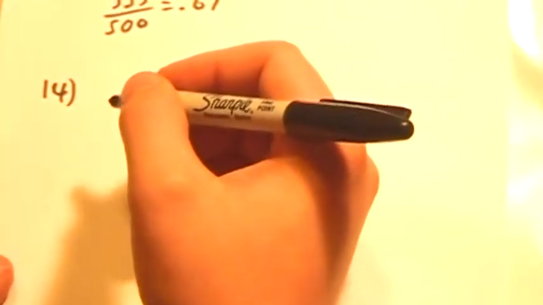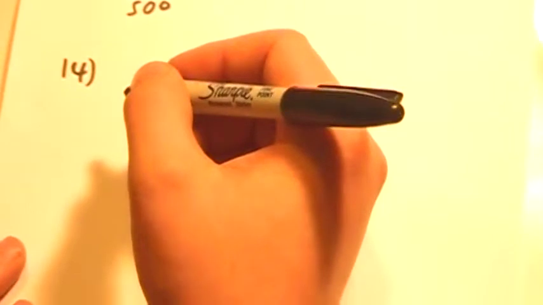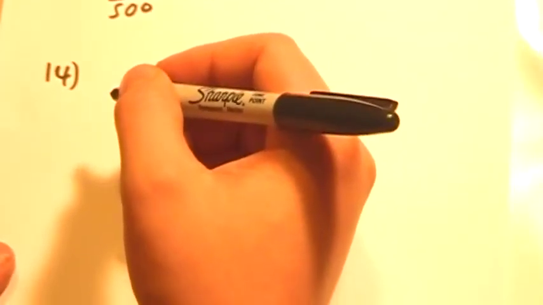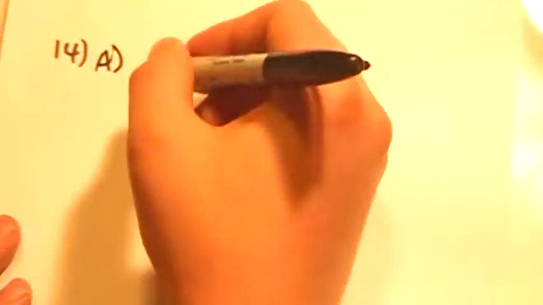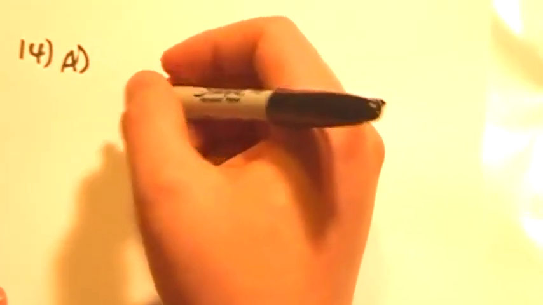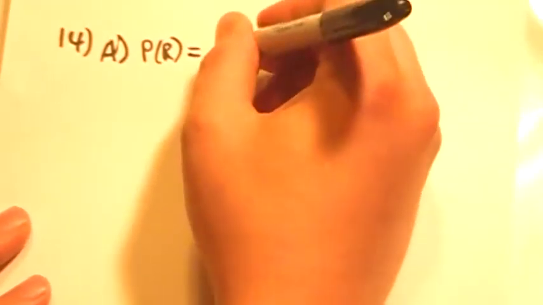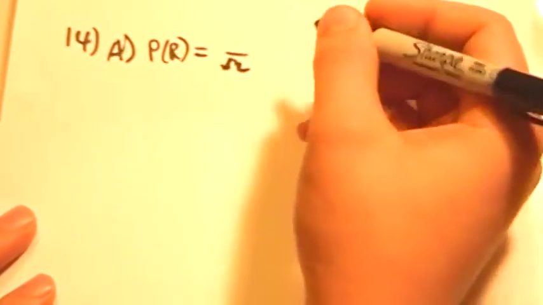Okay, so problem 14. If a single card is chosen from a standard 52 card deck, first it asks us, A, what is the probability that it is red? So we're looking for the probability of a red card out of a standard 52 card deck. Well, we know that our denominator is going to be 52 because we have a total number of 52 cards